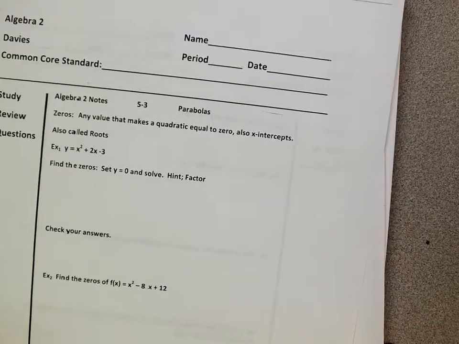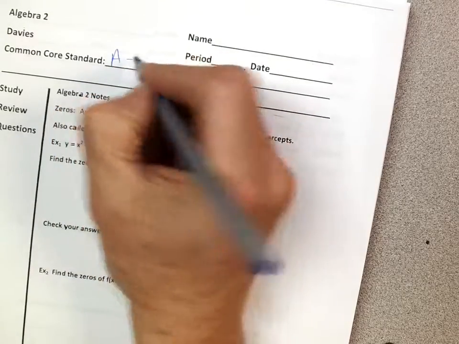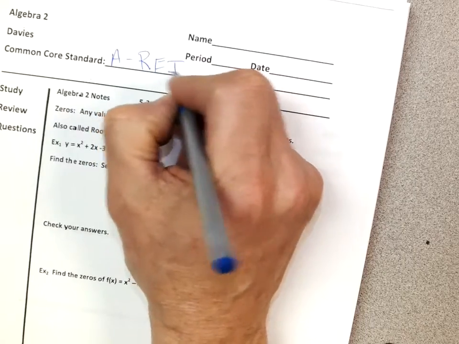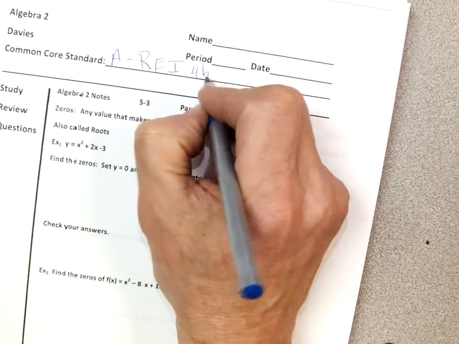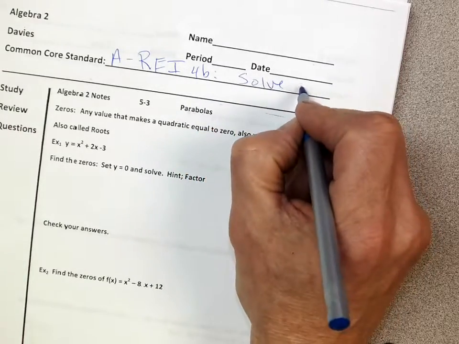Okay, so quadratics today. That's all we're doing this whole chapter, quadratics. It's basically our parabolas, x squared, quadratics, parabolas, x squared, okay? So our Common Core is A for algebra, R is reasoning, E for equations or inequalities, 4B. So 4B, what is it? It's just basically solve quadratics